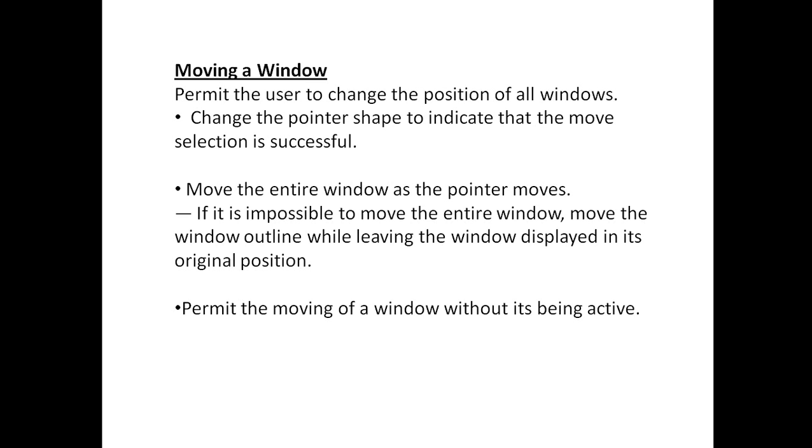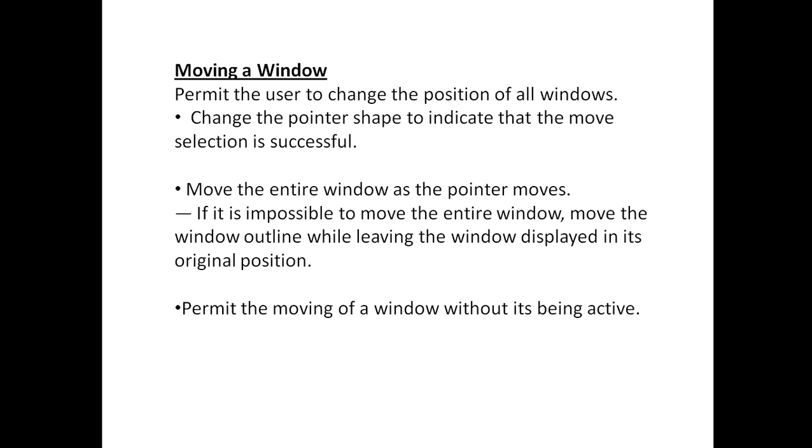There should and must be an indication that the particular operation has been selected, and whenever a move operation is performed, the shape of the pointer should and must change, so that it indicates that a move selection is successful.